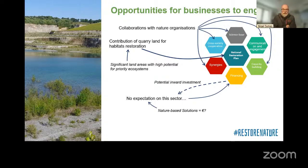So in regards to how industry business moves forward, and thinking of this through the context of yourselves as quarriers of limestone and materials for cement production, I think it's fairly clear to us as BirdLife, and is demonstrated by our emphasis on partnerships with the minerals extractives, that collaboration and sort of co-developing thinking, innovation, and ways of moving forward to be able to deliver nature restoration, contributing therefore to the nature restoration plan through your restoration programs, your land banks and how they're managed and so forth,